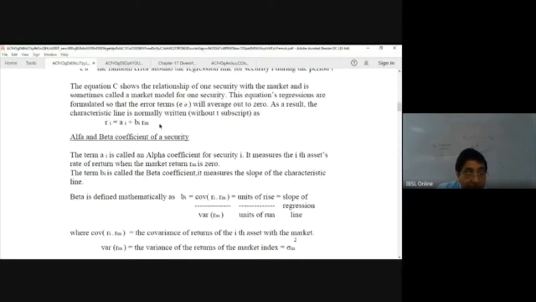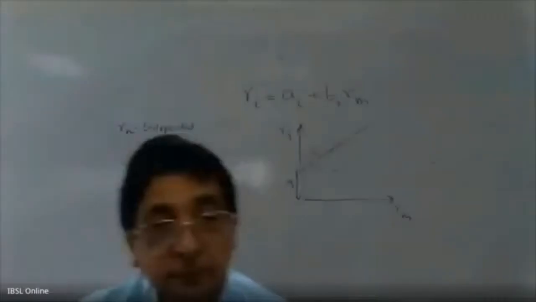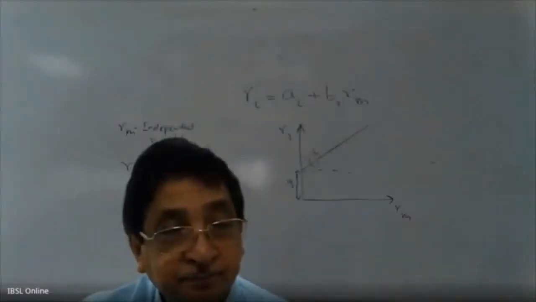Right, after getting this example, we have to now try to see what are these alpha and beta. So AI is the alpha and BI is the beta. So in other words, if you look at the graph, here you can see